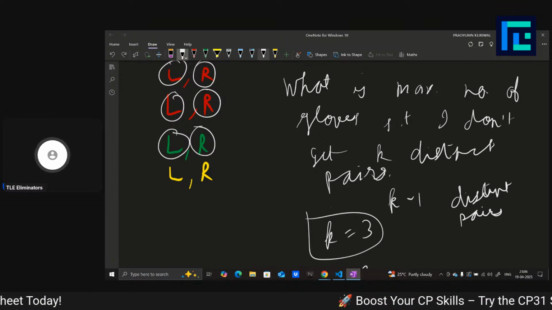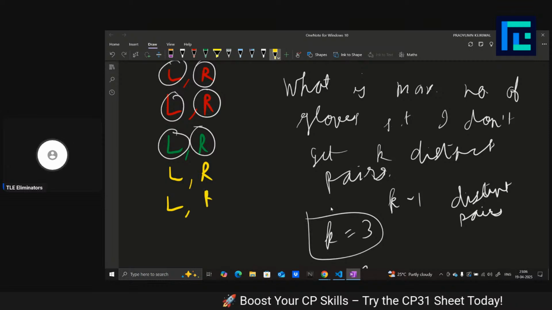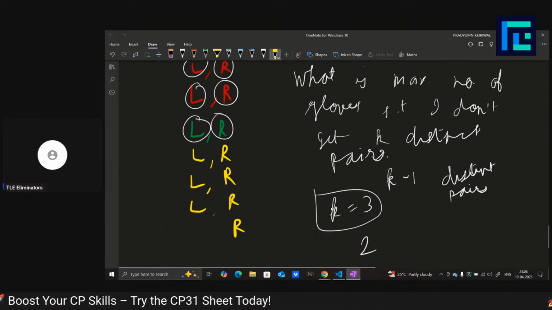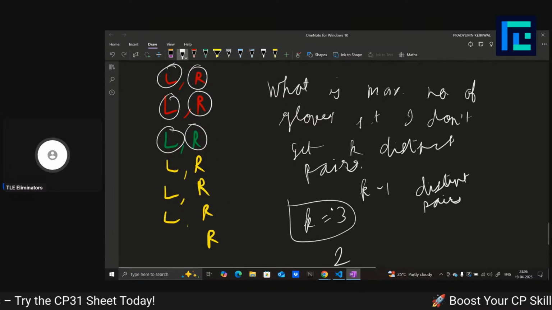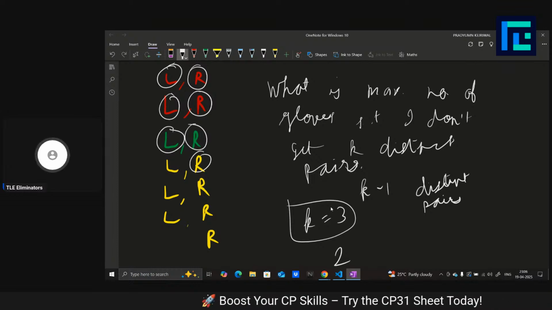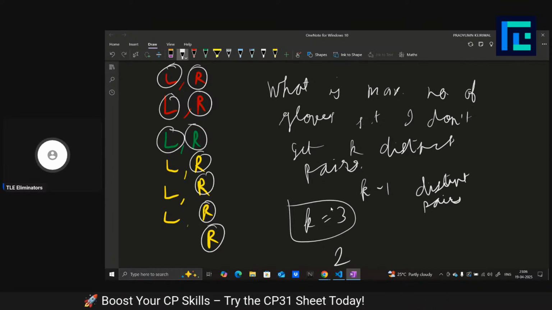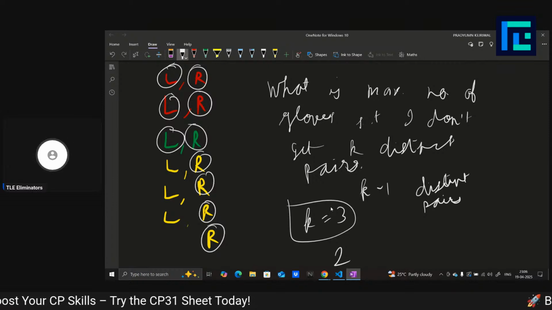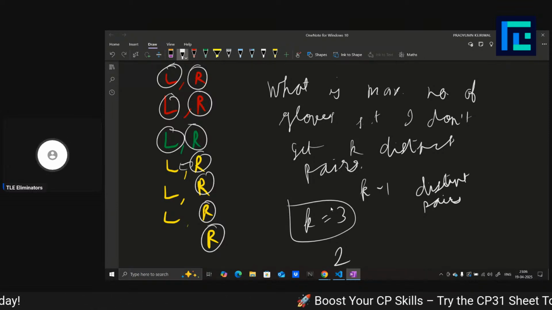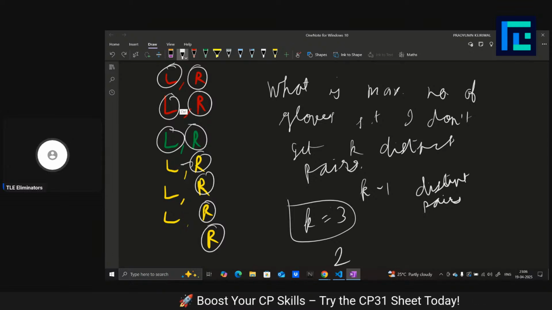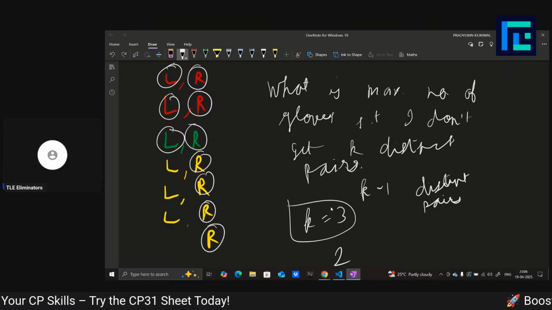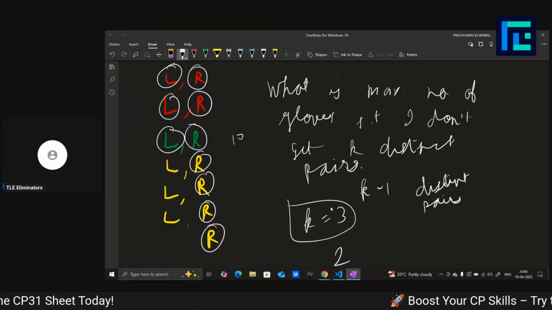But let's say there were multiple yellow ones. Let's say there was LR, LR, and there was one R also. So what would I do? I don't want this yellow pair, right? So I'll just select those four R's. So I won't get any pair of yellow, but I will get a pair of these two as well. I will get these two distinct color pairs, but I won't get any pair of yellow. So I can basically select 10 gloves,